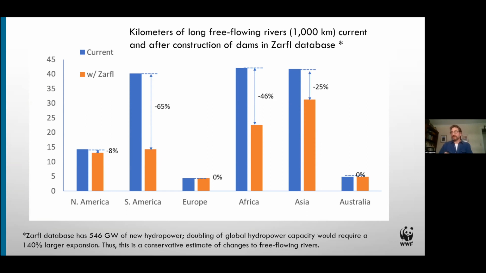And that 25% loss in Asia is the Irrawaddy and the Salween. So essentially, it's a 100% loss of the non-North Pole Asia rivers. So this is a dramatic loss of a major global ecosystem type. And I'll note, it's not the main point of my talk, but I'll note that all those hydropower dams that would result in this loss of this major global ecosystem type would provide less than 1% of the energy needed by 2050. So it's a major loss of a global ecosystem type for essentially a rounding error in the energy